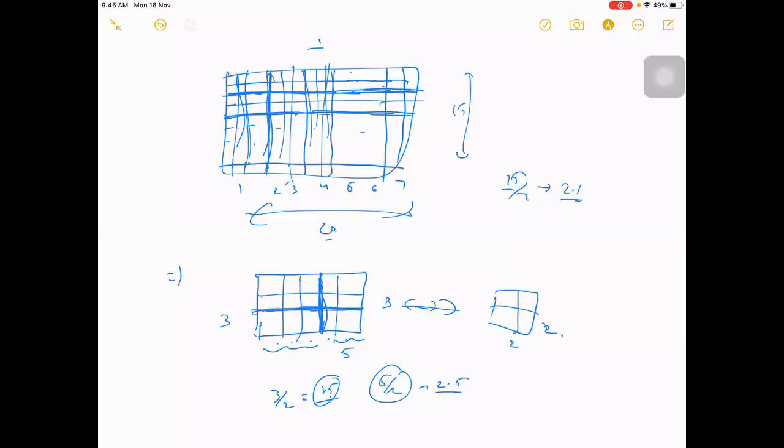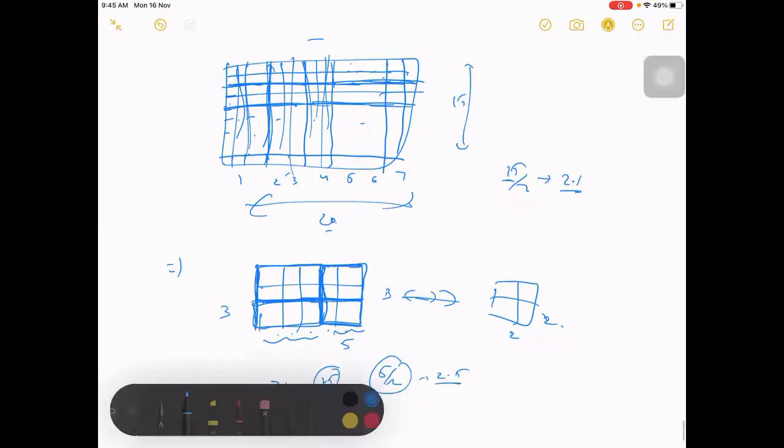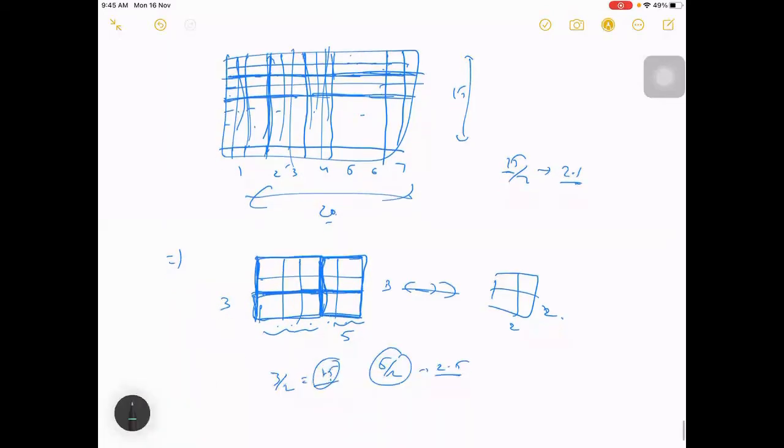Something like that. This entire thing is the first box, this entire thing can be a second, this can be a third, and this can be a fourth. Okay, so these four, let's say we have numbers like this: 1, 2, 3, minus 10, 20, 50, 30, 5, 40, randomly.